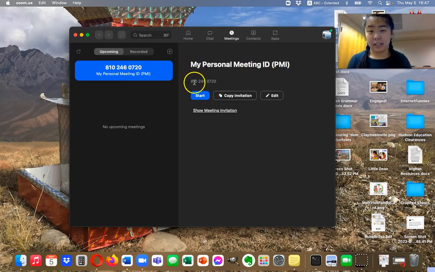The ID itself is 810-246-0720, but we don't really care about that. What we care about is this middle button to copy the invitation, and the invitation entails the URL for the students to click on, but then also this number. So we're going to copy this, copy to clipboard. That's that virtual clipboard that we talked about. The computer remembers what text usually was copied. And so we're going to take that